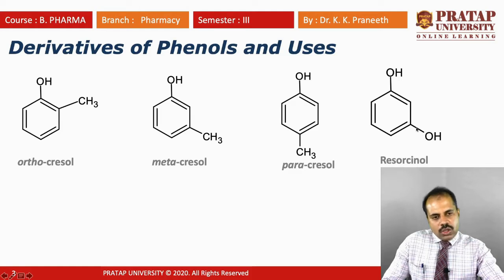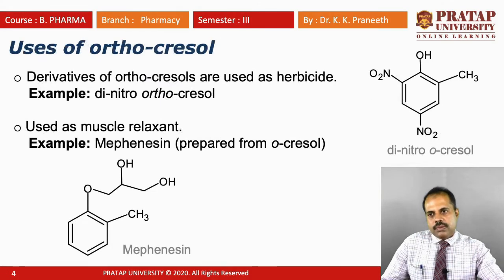It is also called meta hydroxyphenol, or we can also call it 1,3-dihydroxybenzene. We can also call it by a different name, but the important commercial name is resorcinol or meta hydroxyphenol. So now let's see one by one. Their structures we have already seen. Let's see now their uses. First, let's see the uses of orthocresol.